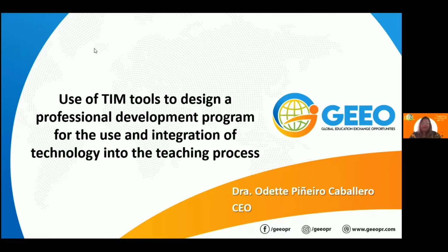I'm in Puerto Rico, and I have the opportunity of sharing some lessons learned from using team tools to design a professional development program for the use and integration of technology in the teaching and learning process. We are from Global Education Exchange Opportunities, and we